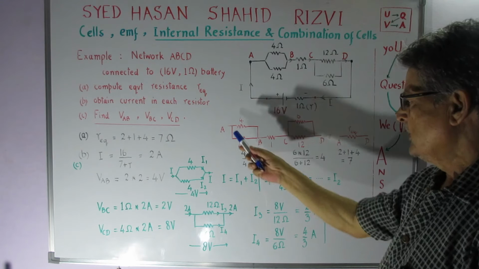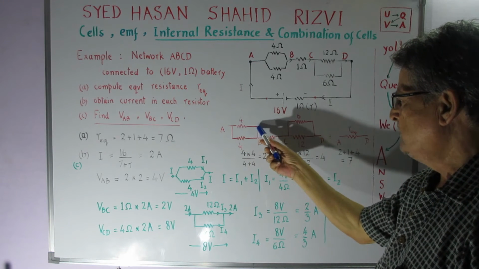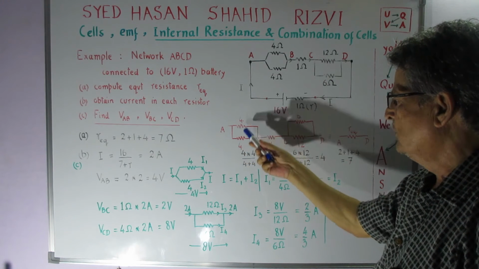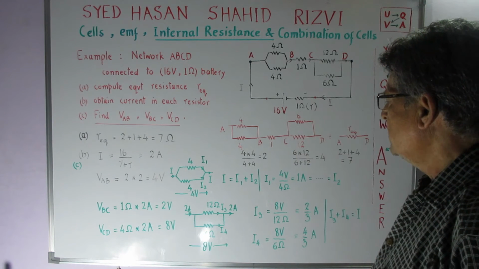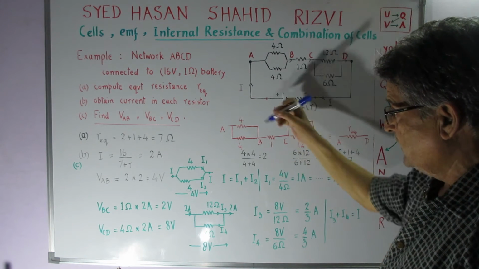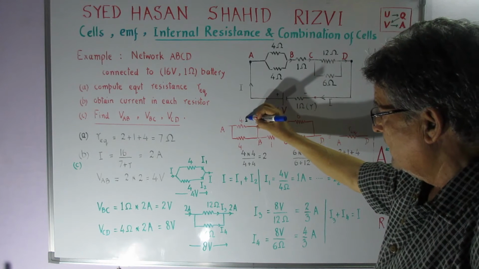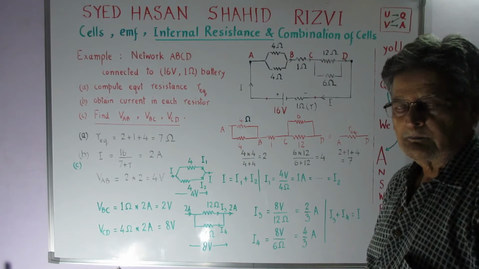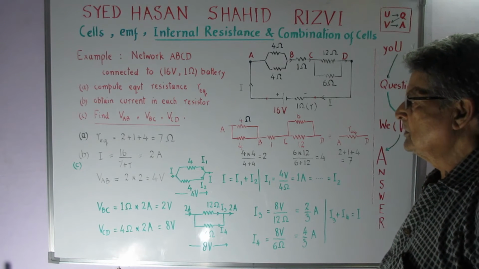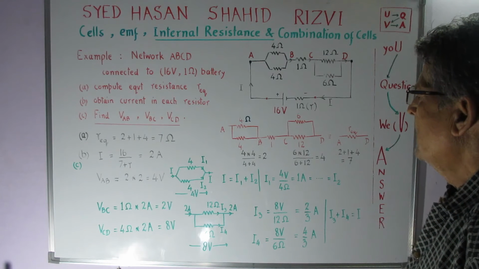From A to B, one path, another path, both 4 ohms. From B to C, 1 ohm resistor is there. I am not writing ohms everywhere, saving our time, like I am writing an exam,